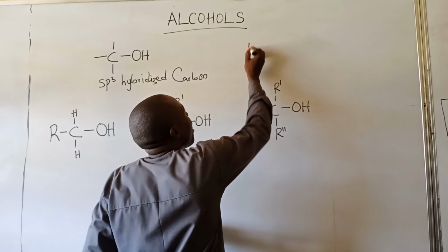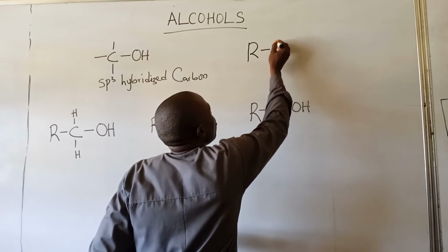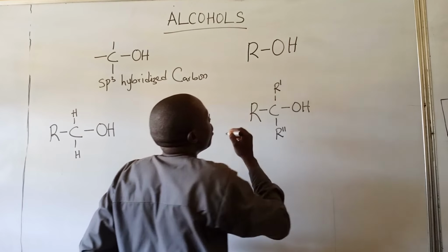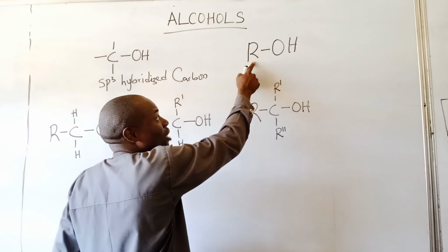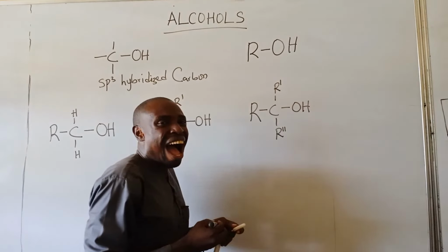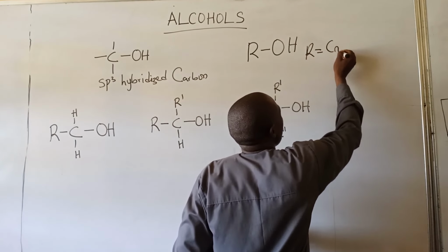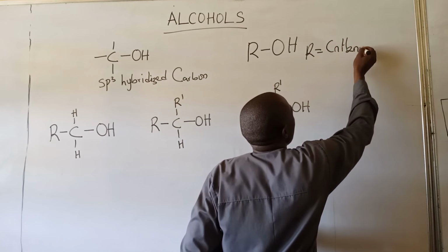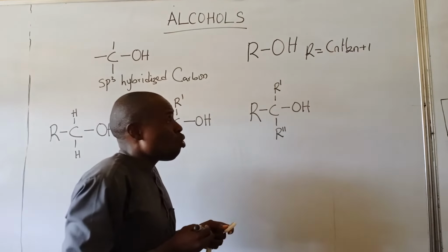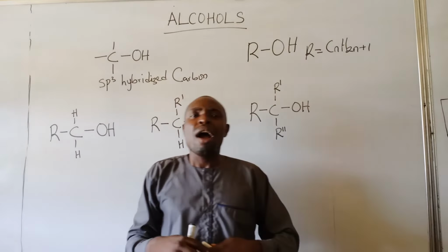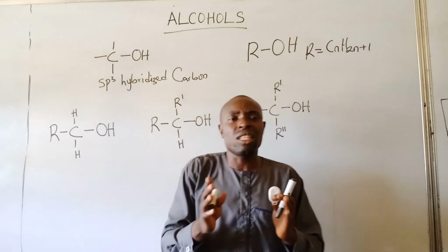R-OH, where this R that you can see right on the board refers to the alkyl group, and that the alkyl group can have CnH2n+1. So we continue. Now, as we make progress, we will understand that